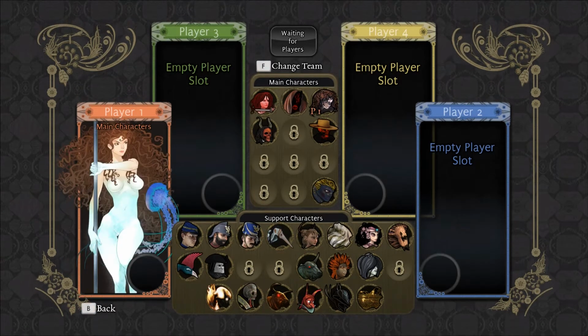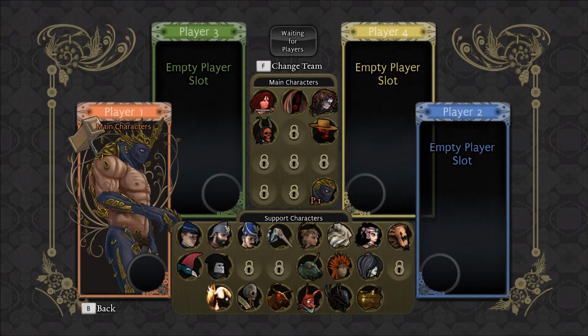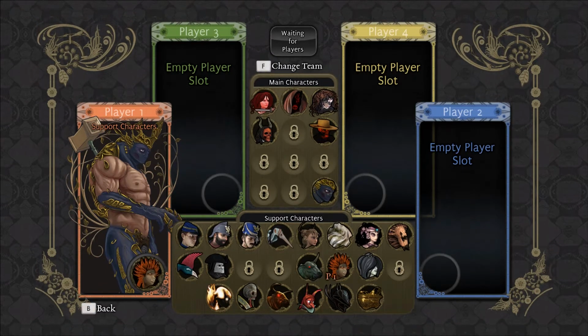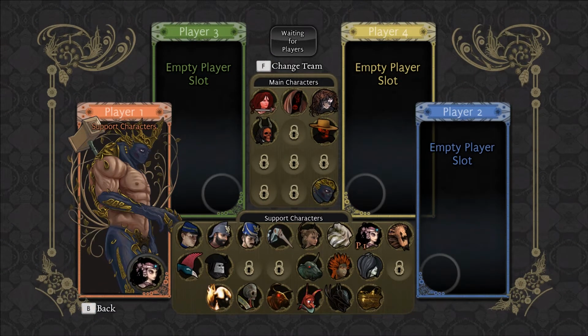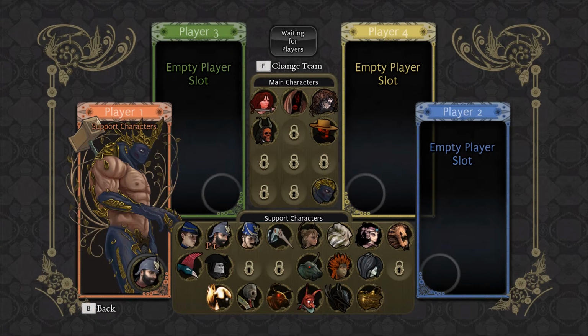Who should we choose, though? We need a main character. Yeah, bugger it. Let's choose this guy. And then as our secondary, which works the same way as in the main game, you can just swap between them. Let's do...